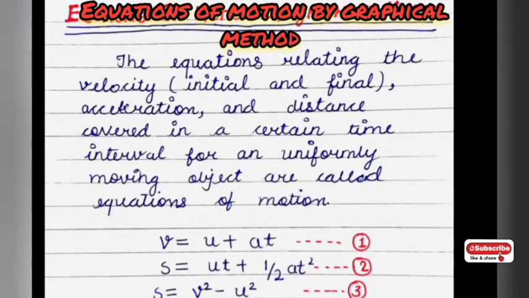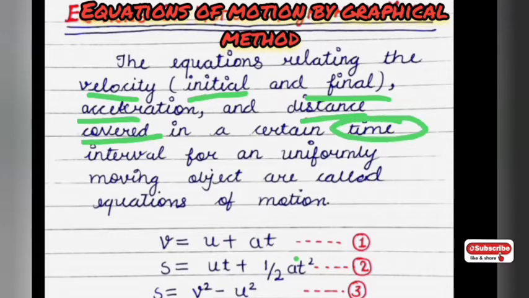So here we are going to start the equations of motion by the graphical method. The graphical method is a very easy and very usable method using which we can get a lot of things. Over here we are going to learn the equations relating the velocity, both initial and final, acceleration, and the distance covered in a particular time interval, for an object moving with uniform motion. So we are going to derive till the end of the video these three basic equations, which are also